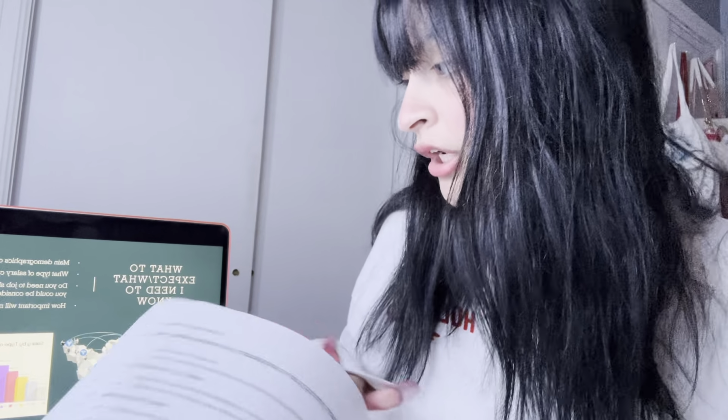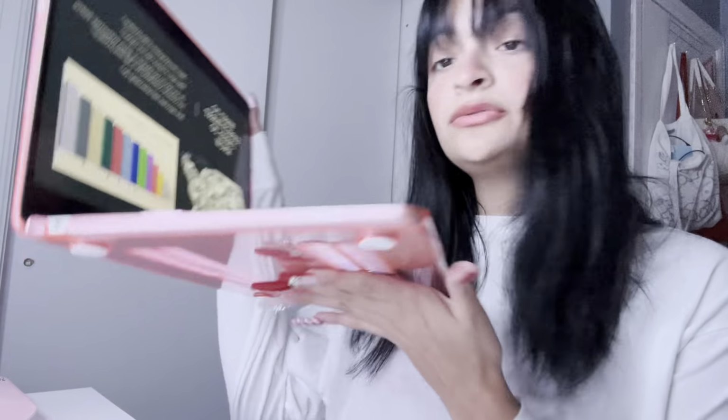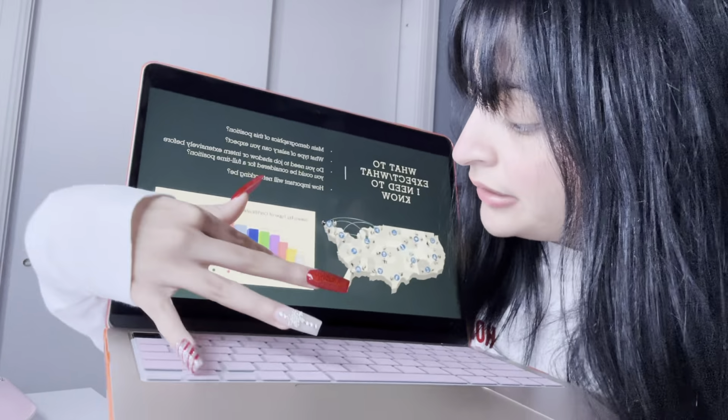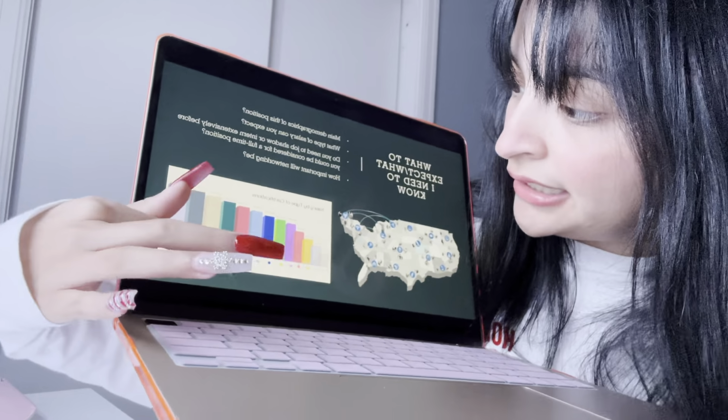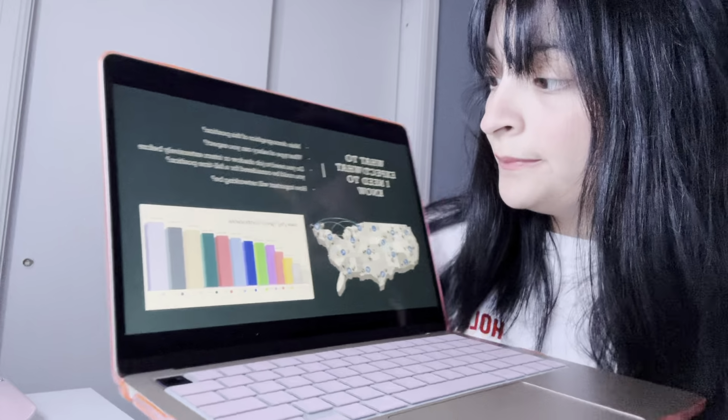So this little chart here, it's really hard to see, it's really tiny, but it has all the different types of medical coders down here, and it shows the more experience you have, the higher the pay is. So I think that's really cool. You have a chance for advancement in the field.